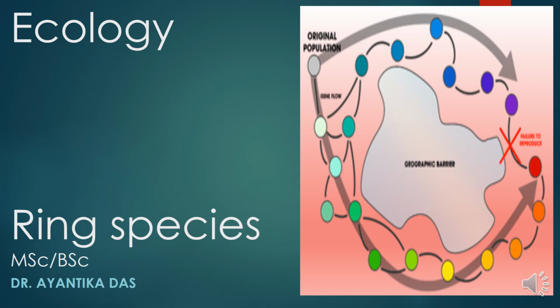Ring species, or Rassenkreis, are connected series of populations. Like here, there are two series. This is the original population, and there are two series of populations in these two directions along a barrier. In this series of populations, closely related populations interbreed, like this one interbreeding with this subpopulation,